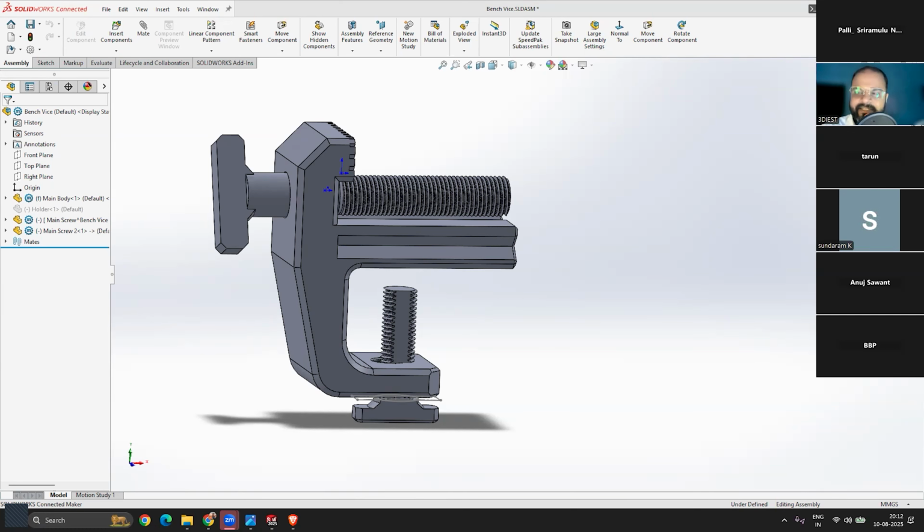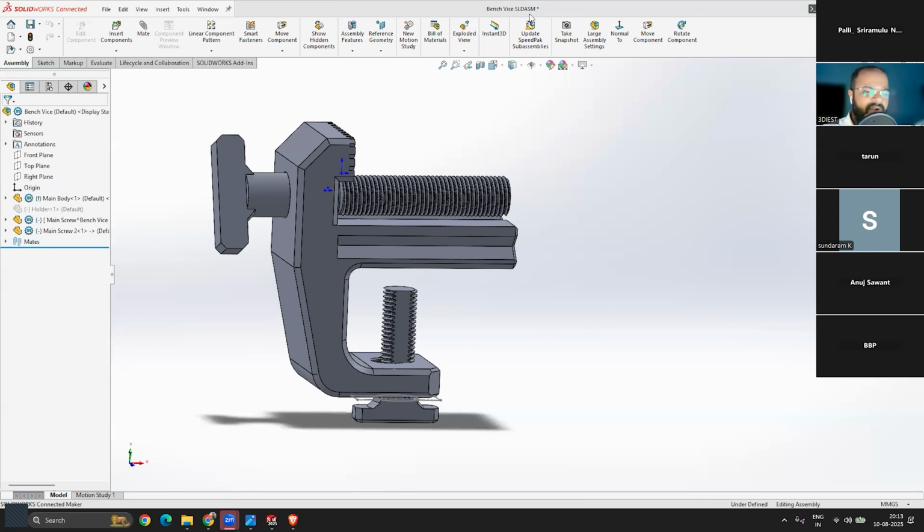So these are the two file formats we have learned so far. But today, the thing that we are going to create is the drawing file. Anyone in the chat box, what is the file format for the drawing file? Do you know? Anyone know what the file format for the drawing file is inside SolidWorks? No, not DWG. DWG is for AutoCAD software. Naidu is correct. SLDDRW is the file format for the drawing file, and this is the thing we are going to create today, drawing files. That's why I asked earlier, if you are already aware, it will be easy for you. So here you can see right now we have opened the .sldasm file, right?